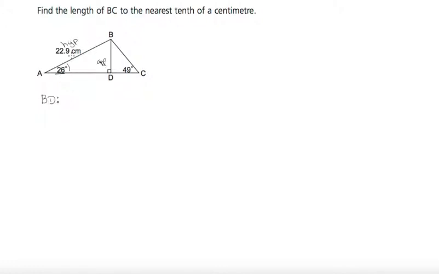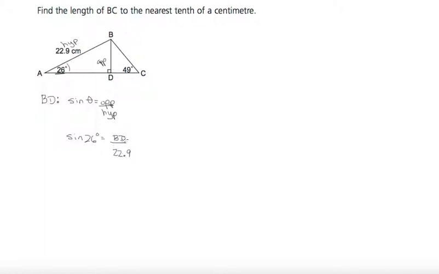If we think SOHCAHTOA, opposite hypotenuse, we're looking at sine. So sine theta equals the opposite over hypotenuse. You'll notice that I write this down pretty much every time. The reason is twofold. One, it helps me remember the formula. And secondly, it makes sure that I'm putting things in exactly where they need to be. So sine, I know theta, it's 26 degrees. I don't know the opposite, so I can call that x. I could just call it BD, whatever I want. BD over the hypotenuse, which is